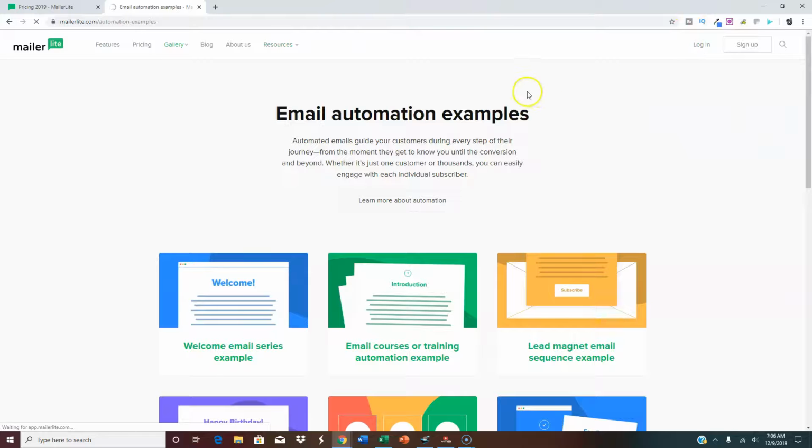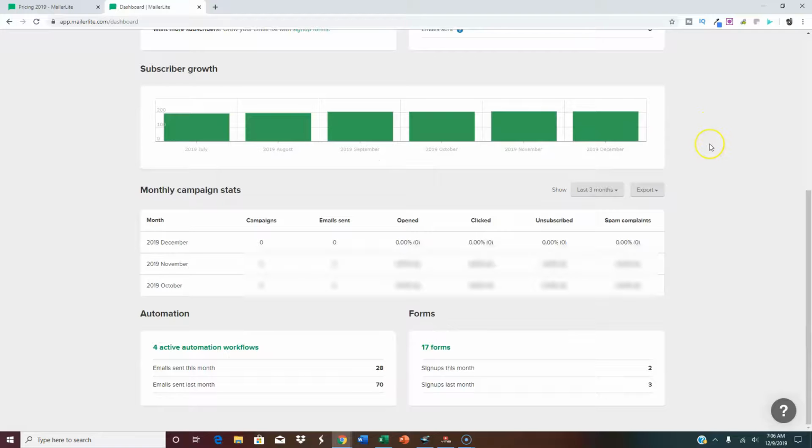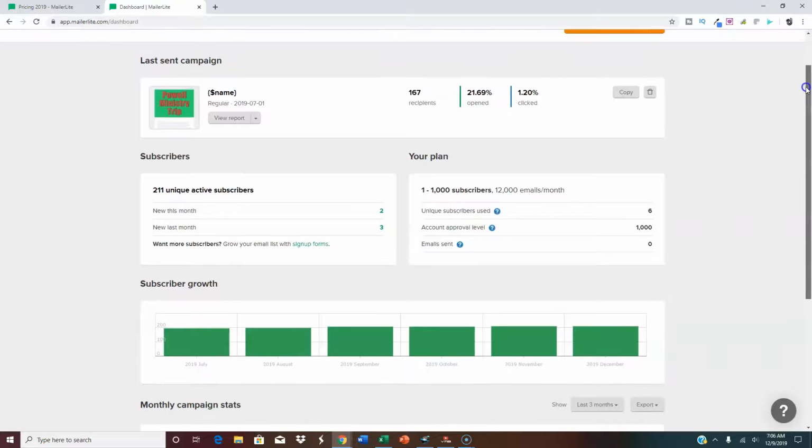Okay, let me go ahead and log in here. One of the things that I will say, of course, I haven't really used this extensively to its maximum, and I set up a campaign for a customer I had several years ago and have not marketed it at all. And it consistently, I know some of you don't think this is very good, but it consistently brings in 2 to 6 email subscribers a month.